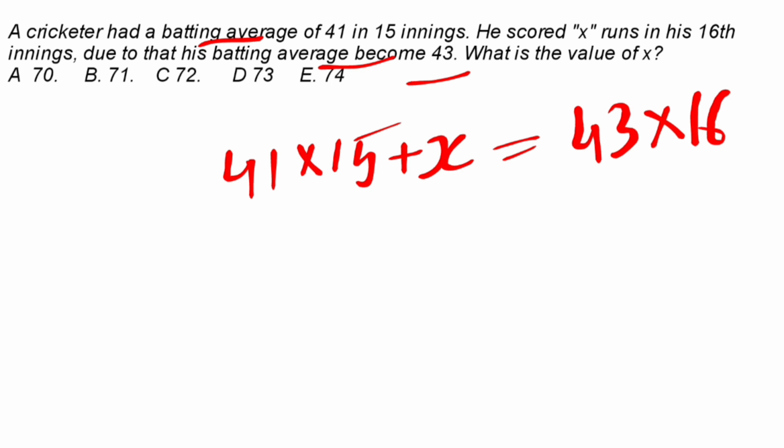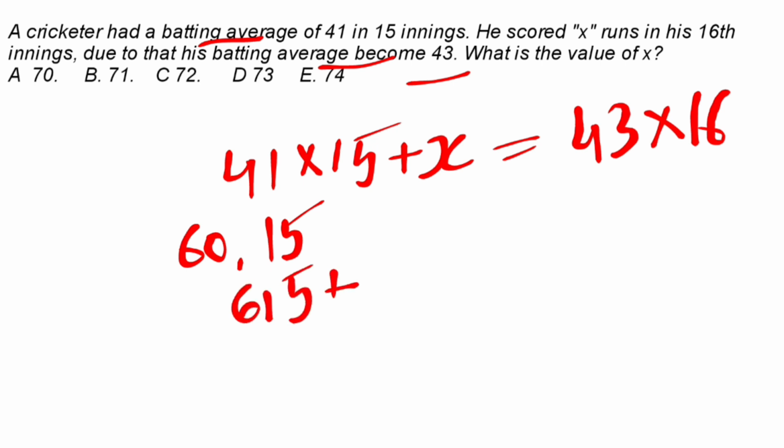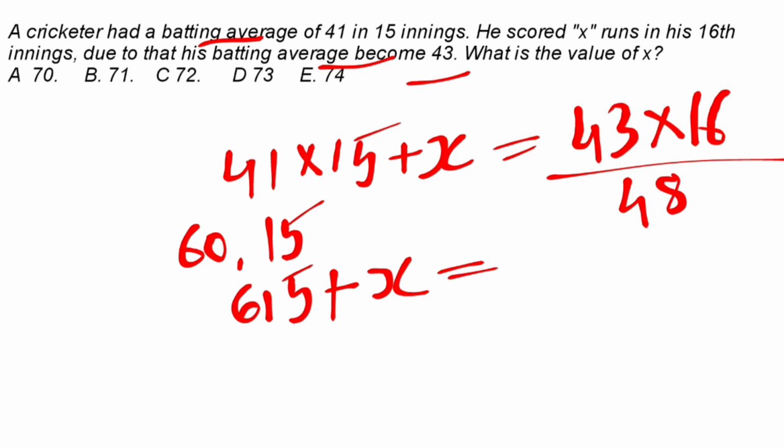Let's calculate this. Now we can get the answer. 15 ones are 15, 15 fours are 60, so 615, plus X is equal to 43 into 16. 16 into 3 is 48, 16 into 4 is 64, 64 plus 4,